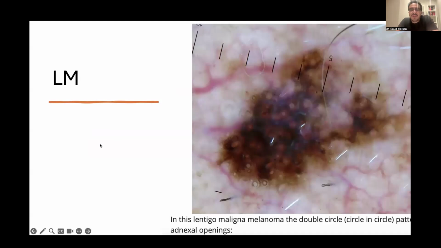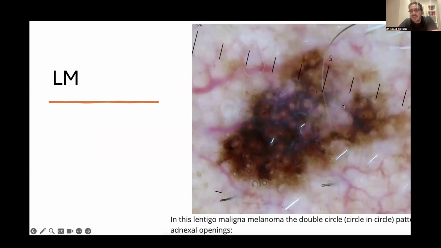This is a little bit more tricky. So this is lentigo maligna melanoma. And lentigo maligna, by definition, is melanoma that arises in sun-exposed areas. Usually they're thin, broad, and you find them on the face or other sun-exposed areas. The telltale sign is circle in a circle. So you see a circle in a circle, circle in a circle, plus the other signs that we talked about,